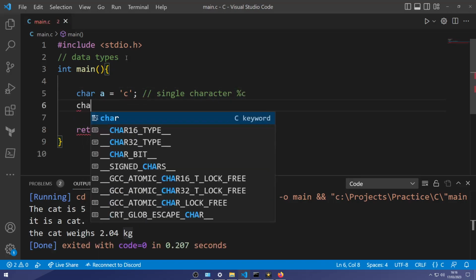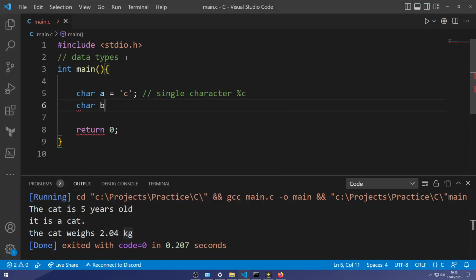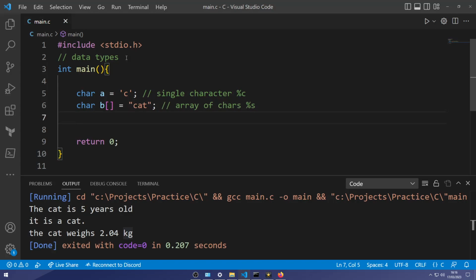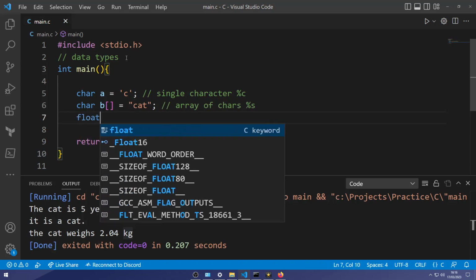The second variable type is char B with these double brackets. It looks a little weird typing it out this way, and programmers recognize this. That's why in modern programming languages there's something called a string for words or for sentences. But C is a bit older, so this is the way that they did it. They used the variable character, with the brackets to indicate that there's an array of characters.